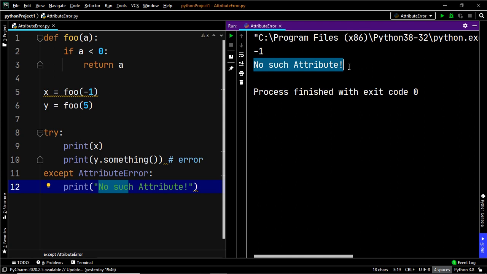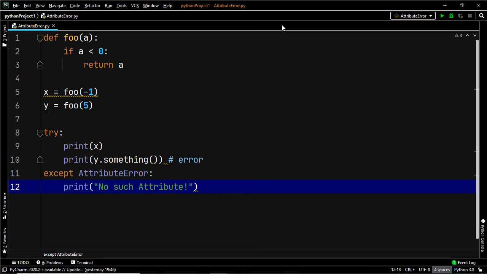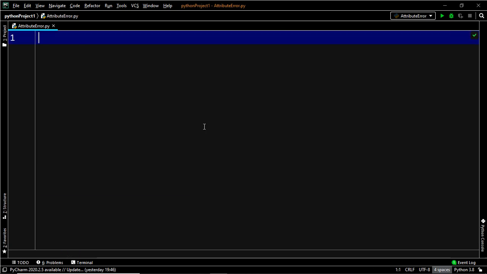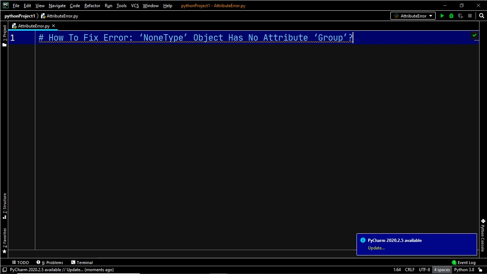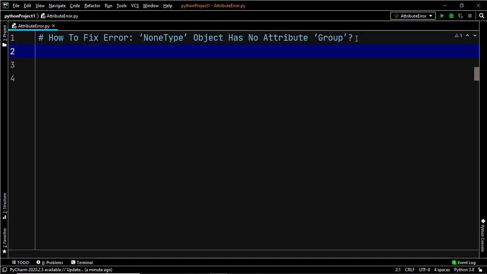Now this brings us to one of the most frequently asked questions upon attribute errors. This is actually the error with which we started our lesson. So what's the error that I'm talking about? How are we going to fix the none type object has no attribute group error? Now yet again the solution is quite simple, and all we are going to do is use the try and except blocks. But before proceeding further, let us have a look at the piece of code which generates